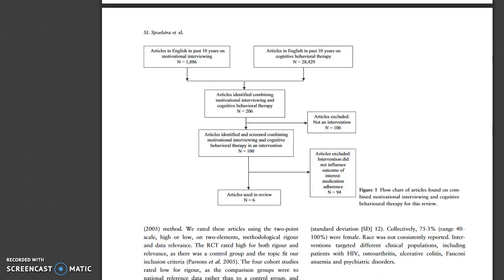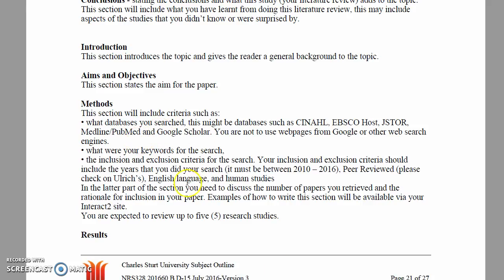If you have a look at the figure here that these authors have got in this published paper, it's quite a nice way to do this, and you'll find these sort of diagrams in published works. You can use this sort of diagram, or you can look up PRISMA, all capital letters. If you Google that, it'll tell you how to put together the flow chart of this sort of description. Okay, so after you've done that and talked about how you got the papers and why you've chosen them,